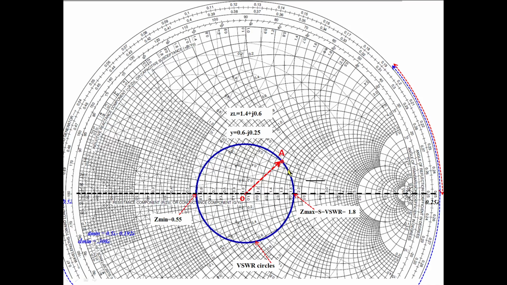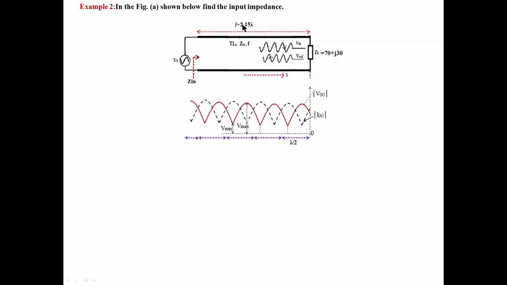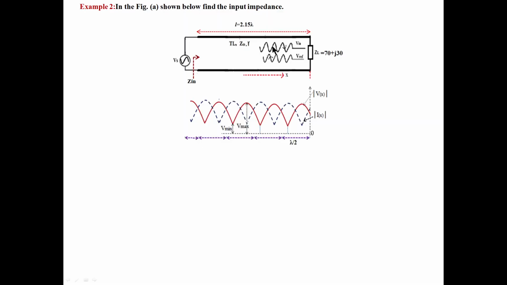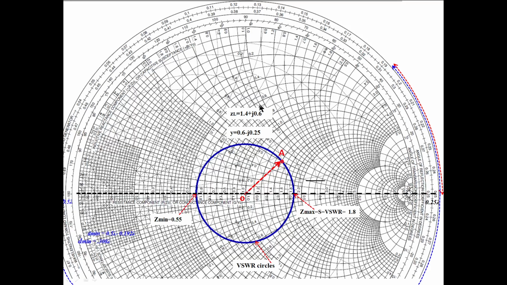Next, from here we should travel a distance of 0.15 lambda. 0.15 lambda means from here, you go 0.15. How many divisions is 0.15? Each division on the wavelength scale, from one mark to the next, is 0.01. If you want 0.1, we have to move 10 divisions like this. Here is 15, 0.15. 0.15 means 15 divisions. From here, we draw a line.